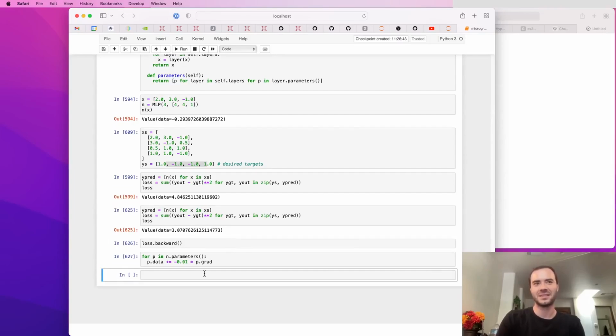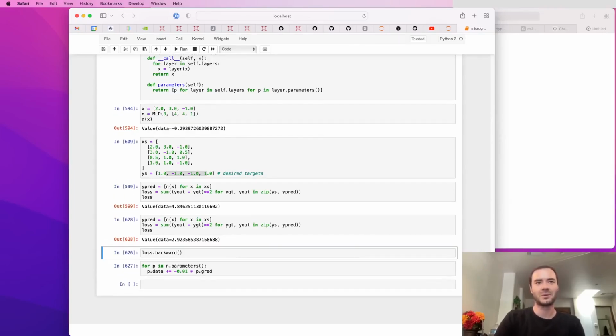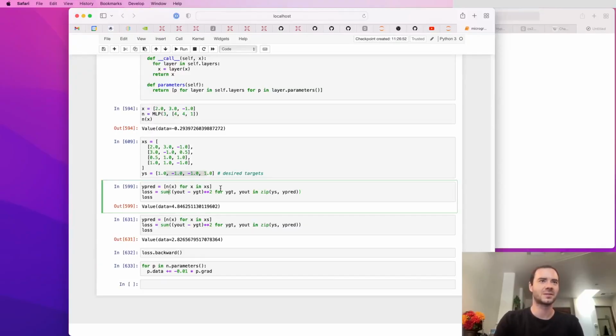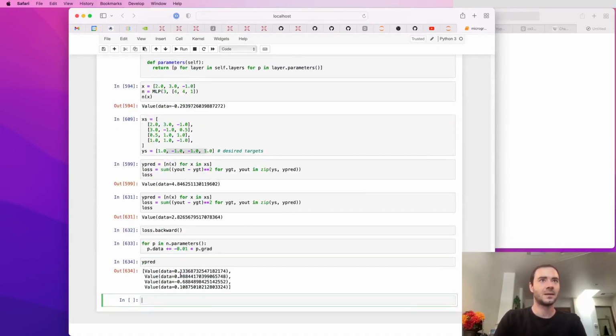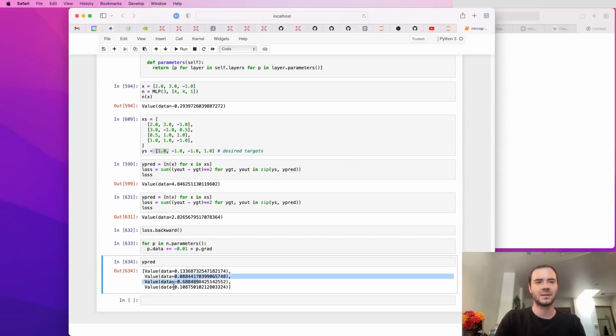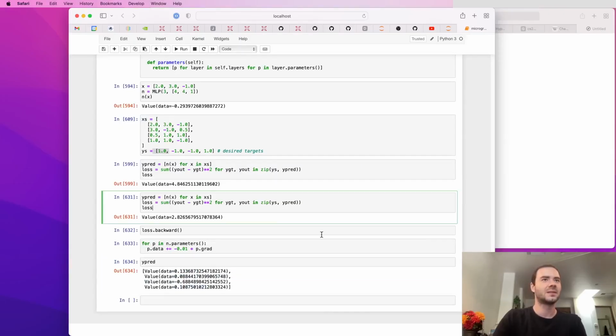And this is gradient descent. We're just iteratively doing forward pass, backward pass, update. Forward pass, backward pass, update. And the neural net is improving its predictions. So here, if we look at YPRED now, we see that this value should be getting closer to 1. So this value should be getting more positive. These should be getting more negative. And this one should also be getting more positive. So if we just iterate this a few more times,